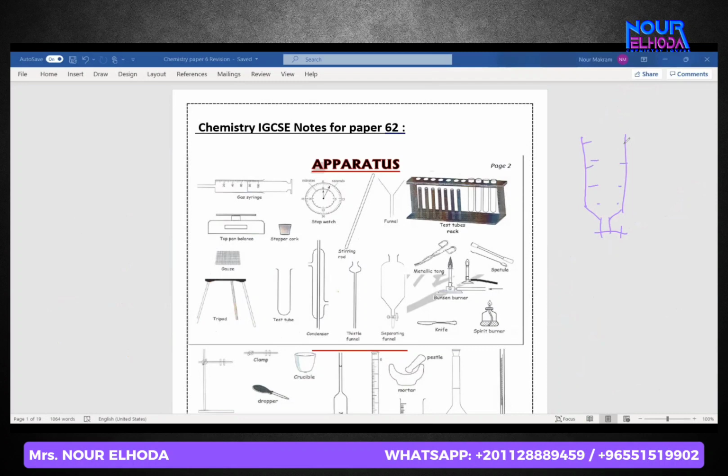If I'm having, let's say, water or oil, if this is water and this is oil, and you want to separate the water from the oil, since both of them are immiscible liquids, they don't mix. So what you're going to do, you're going to put it in the separating funnel. First, you will open the tap, water will go out. Once oil will start to go out, close the tap. So like this, you separated them both.